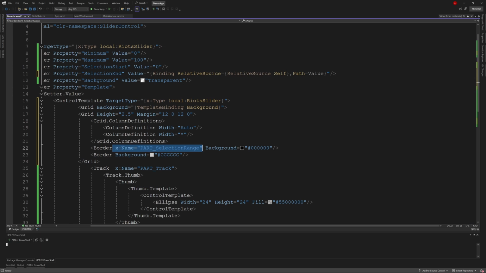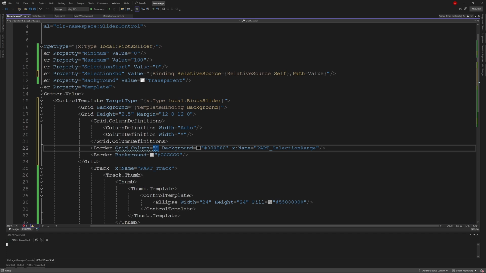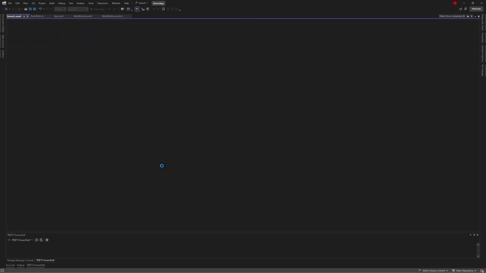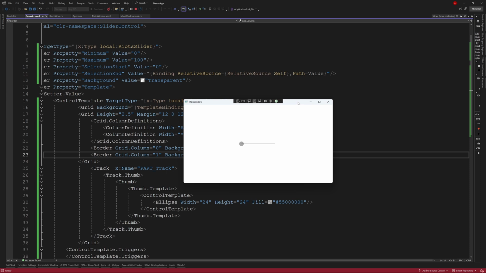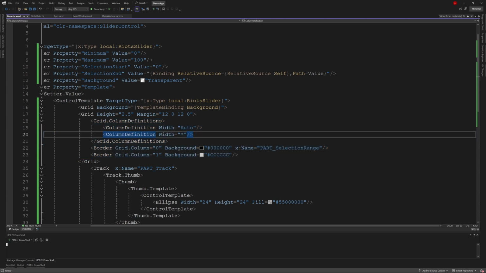And then over here, I usually prefer to position the name at the end. And don't forget the grid column numbers 0 and 1. Let's run it. Okay, no issue. Now the code is much neater than before, isn't it?